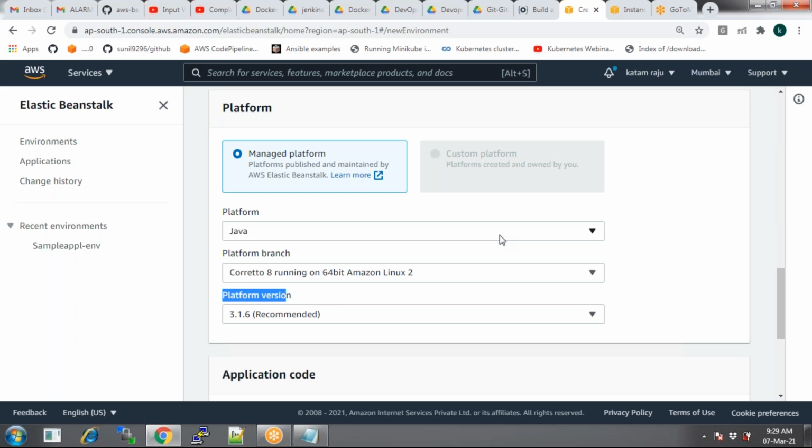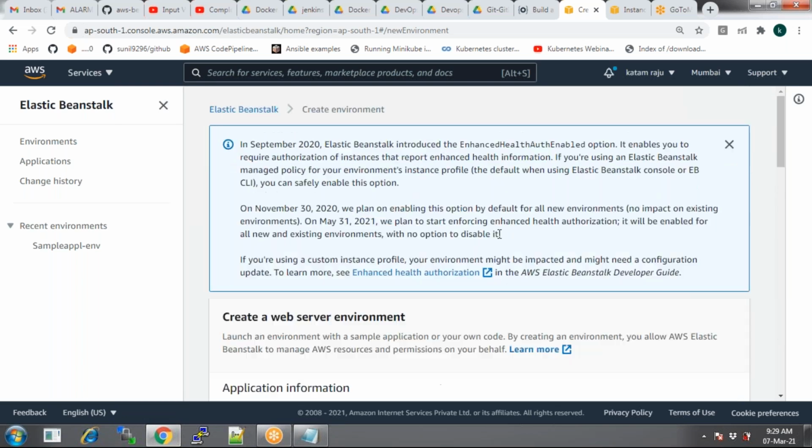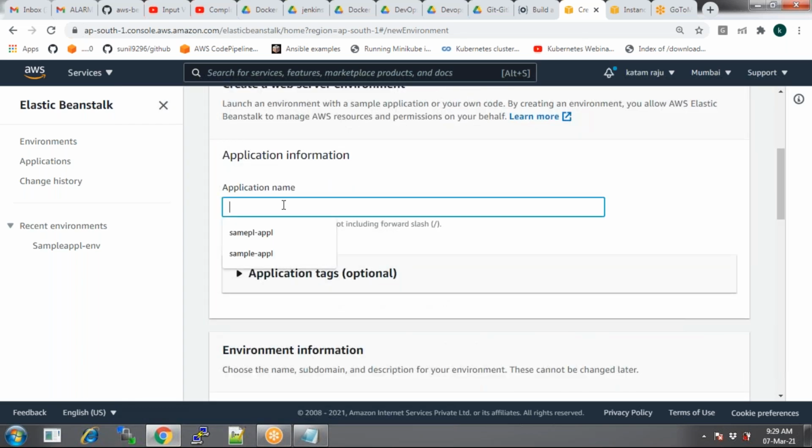Let me show you. Beanstalk is basically created for application deployment purposes, not for Java purposes. Of course, we have Java, but on those Beanstalk instances, we deploy our Java applications.